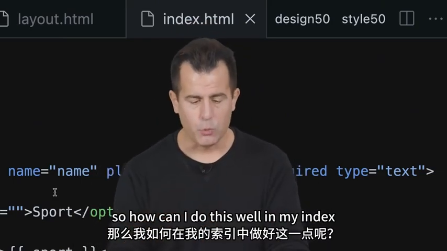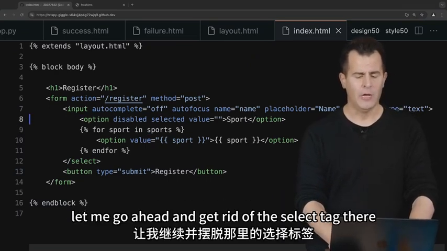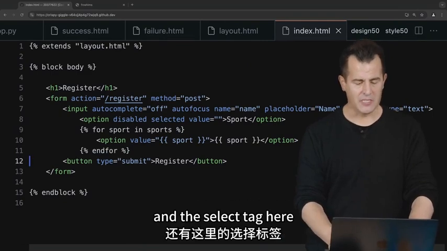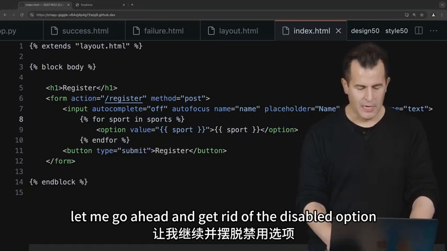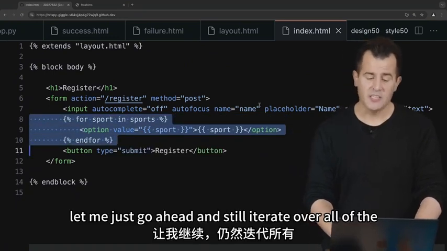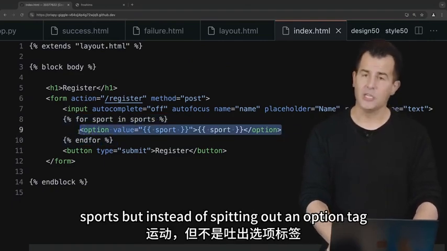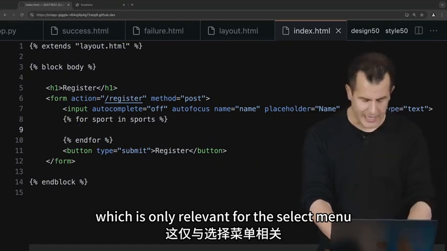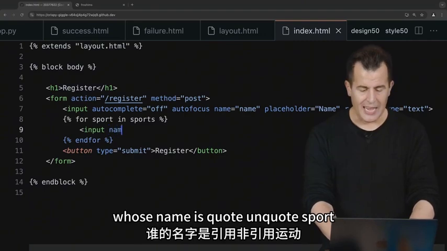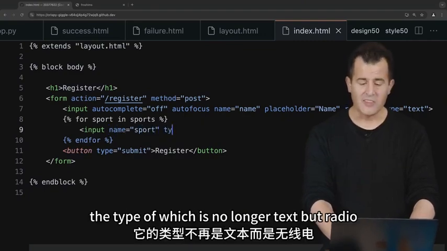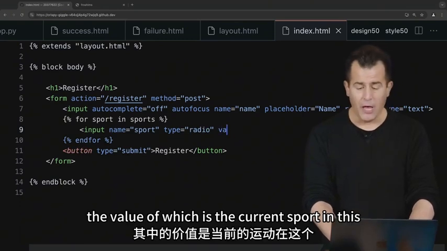So how can I do this? Well, in my index.html, let me go ahead and get rid of the select tag there and the select tag here. Let me go ahead and get rid of the disabled option. And then let me just go ahead and still iterate over all of the sports. But instead of spitting out an option tag, which is only relevant for the select menu, let's go ahead and spit out an input tag whose name is quote unquote sport, the type of which is no longer text, but radio, the value of which is the